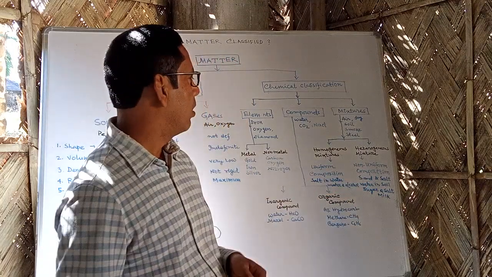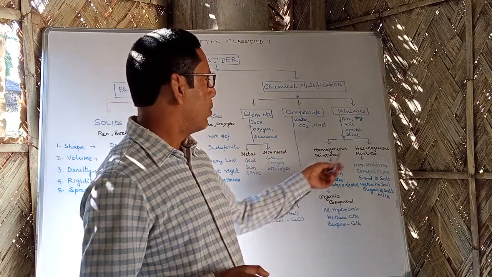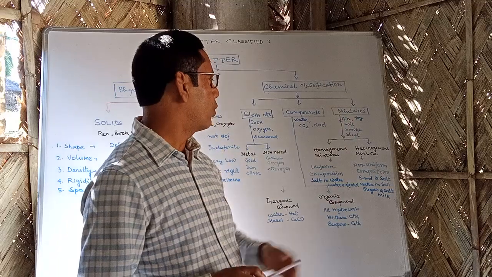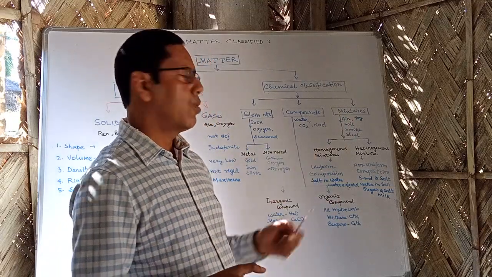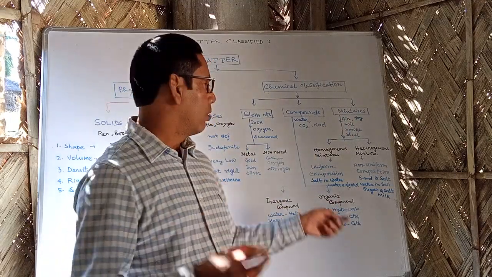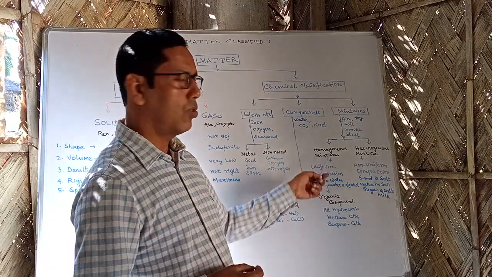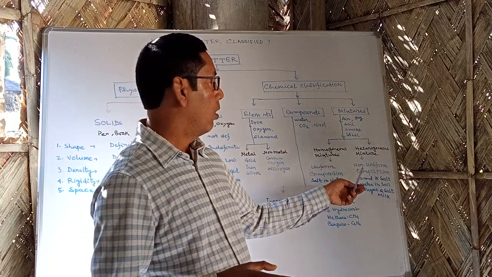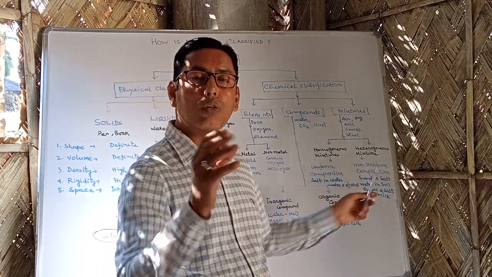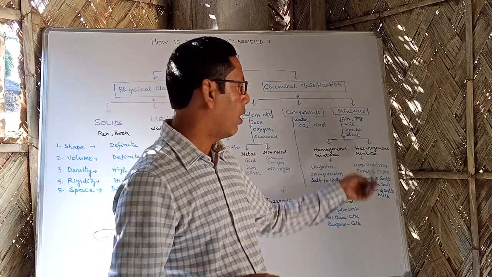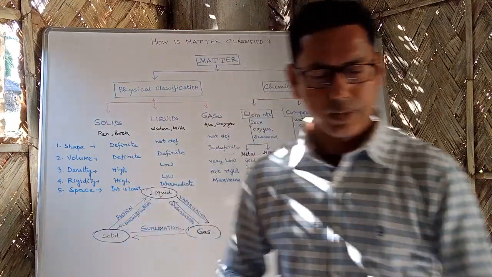So simply, homogeneous mixture and heterogeneous mixture are the types of mixture. That which has uniform composition is called homogeneous mixture, and that which has non-uniform composition is called heterogeneous mixture. Okay, then